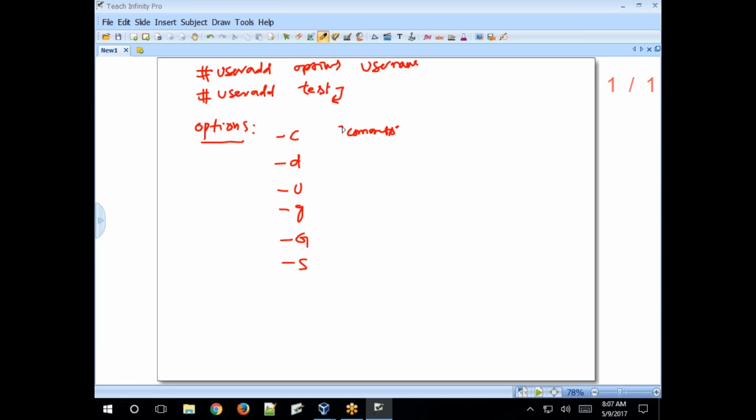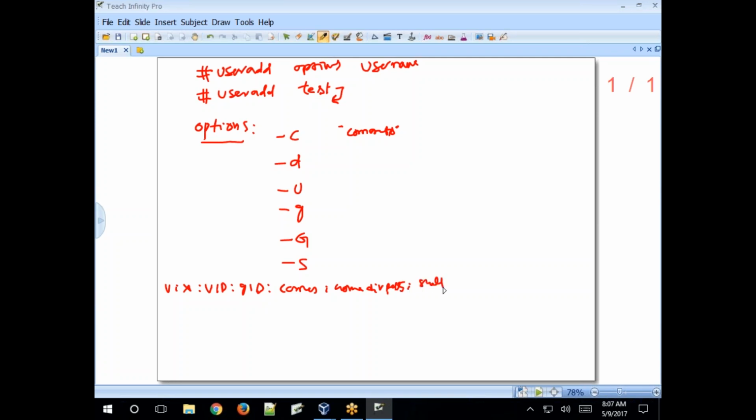So in the password file, what information will be updated? Username, then password field, then UID, then GID, then comments. One comments field is there, and one home directory, the home directory path, then shell.